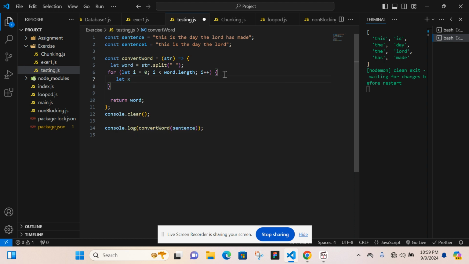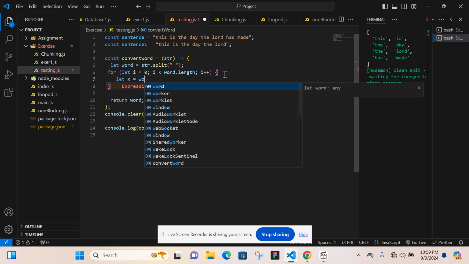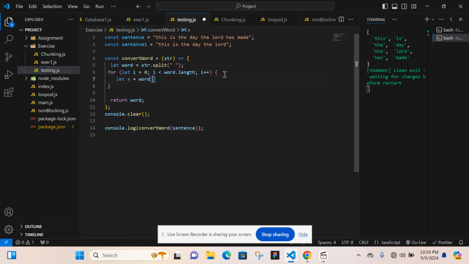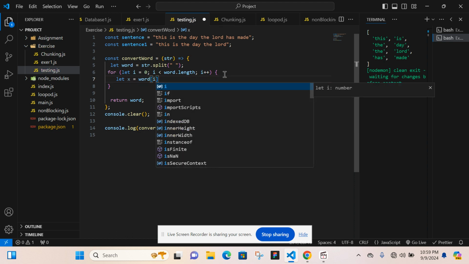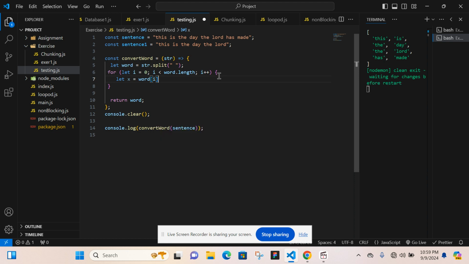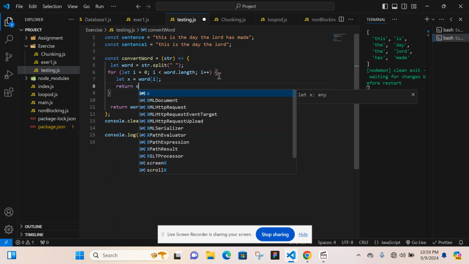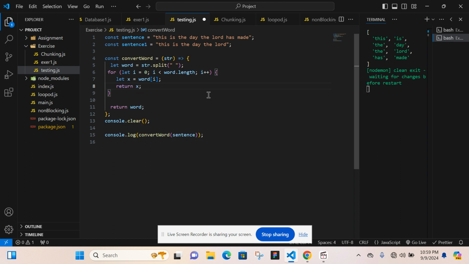Let x equal word[i]. So the value of i is what? 0. Right. So the first, well, let me just say return x. This way we've targeted the first word,